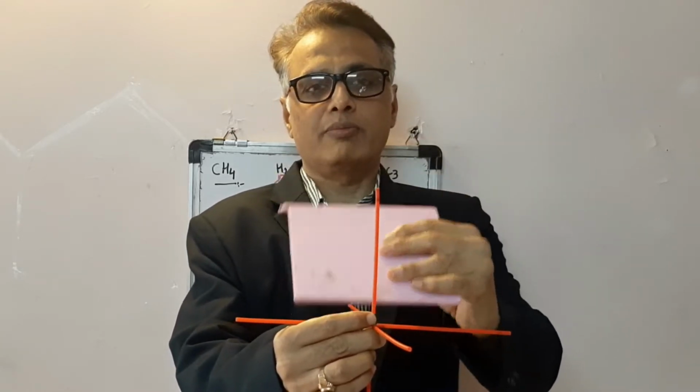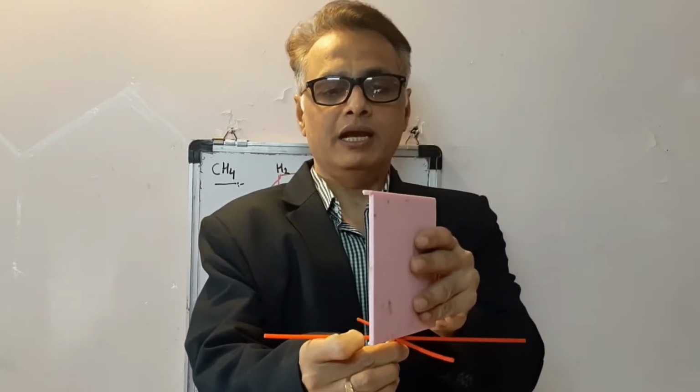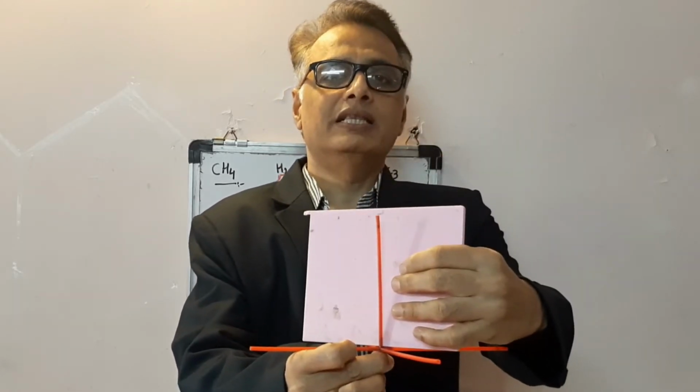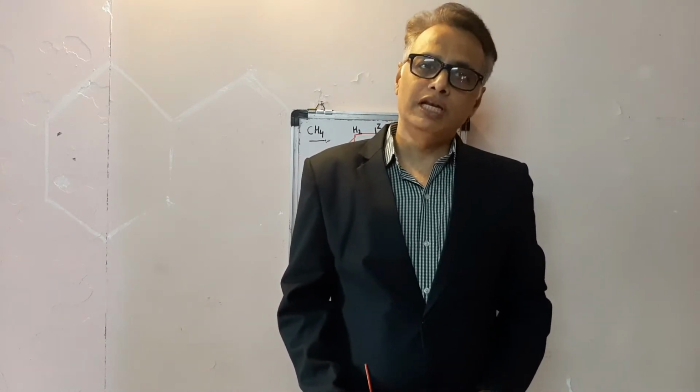This is the third dihedral plane. This is the fourth dihedral plane. This is the fifth dihedral plane and this is the sixth dihedral plane. There are 6 dihedral planes present in CH4. So in methane, it contains E, 3 S4, 3 C2, 4 C3 and 6 dihedral planes. Now it has a tetrahedral shape.